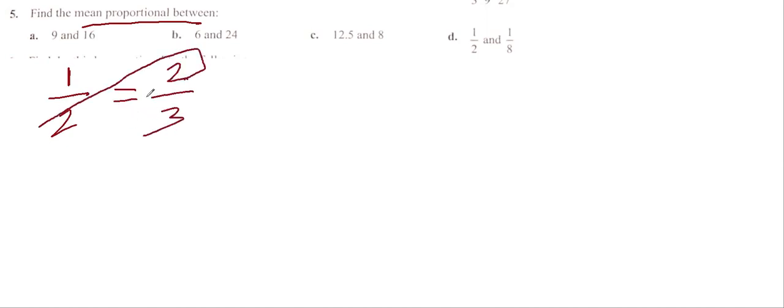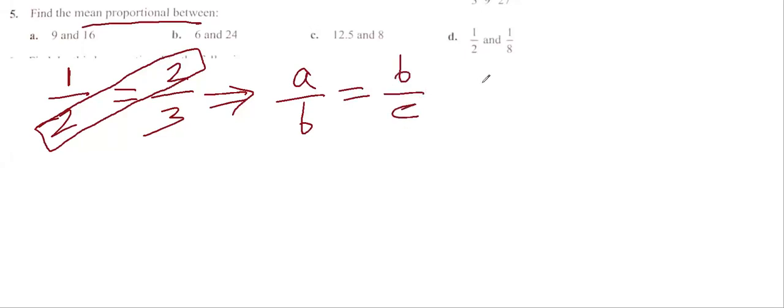It says find the mean proportional. What is the meaning of mean proportional? If you have continuous proportion, it means this is your first term, this is your second term, which is equal to the second term and third term. So this is called mean proportional. In your textbook, how it is written? A upon B is equal to B upon C. Then mean proportional B is called square root of AC. That's what is written in your textbook.